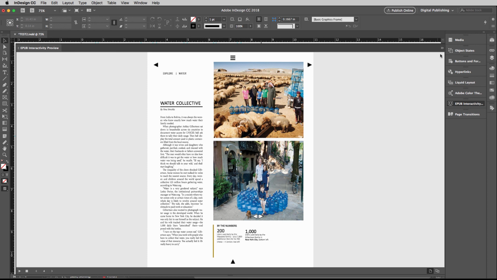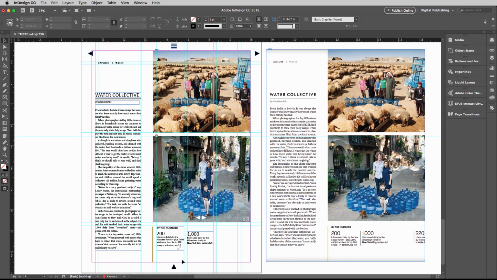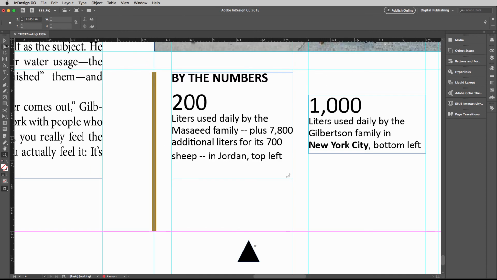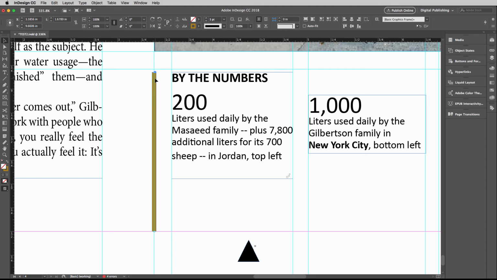So once again, all right, great. So let's get out of preview and we'll talk a little bit about all of these. It's basically the same type of thing. Here with the line, I just clicked on the line. It's a line. I just clicked on the line, made it 3 points thickness, and then gave it a gold color, very similar to what's in the original. And then